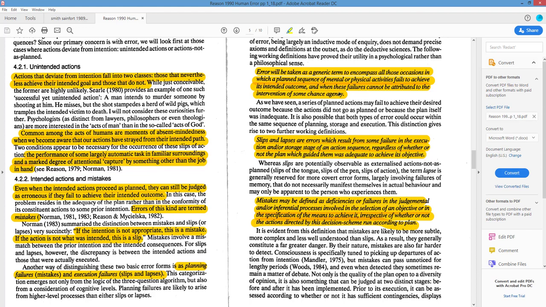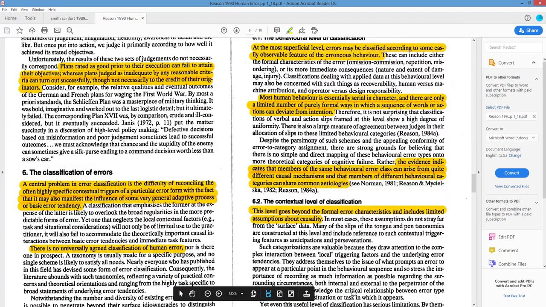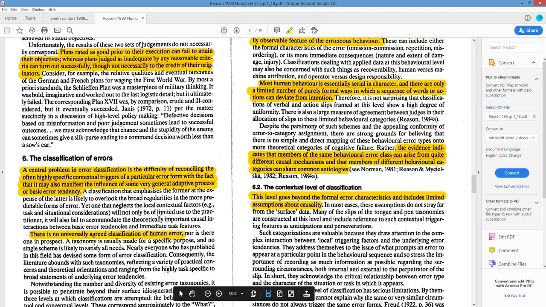Something that was completely unseen. A lot of people believe that 100% of accidents are preventable. I don't feel that way, because there is some chance, and we aren't 100% all-seeing, okay? There are things that our human senses limit us from perceiving and therefore considering, and therefore actions result in undesired outcomes. It talks about slips and lapses, talks about mistakes. I don't expect you to memorize those. What I want you to take away from this is that human errors occur.